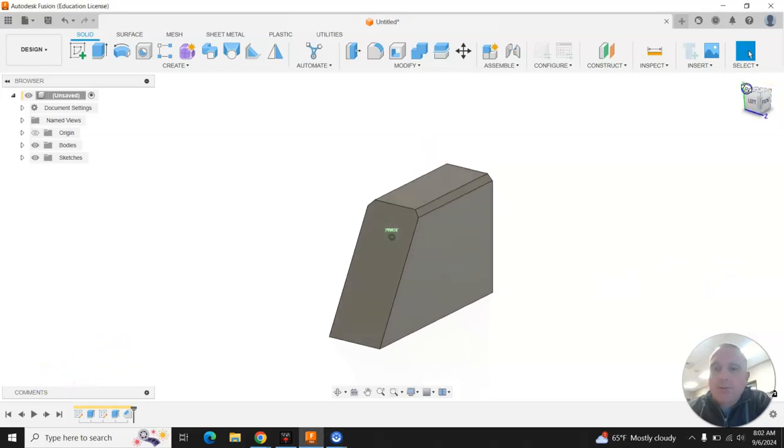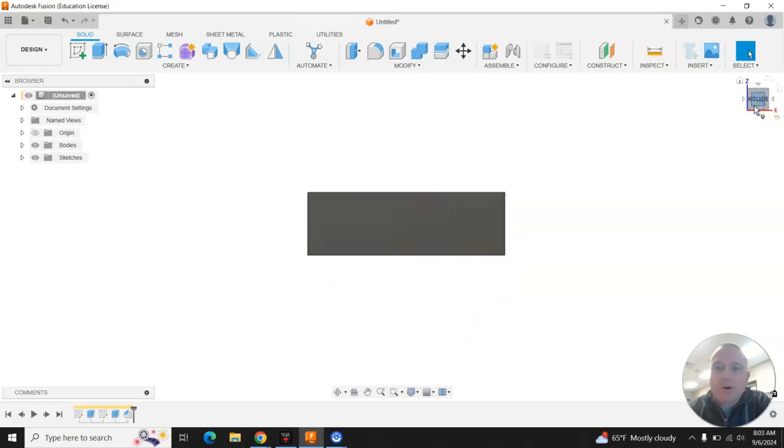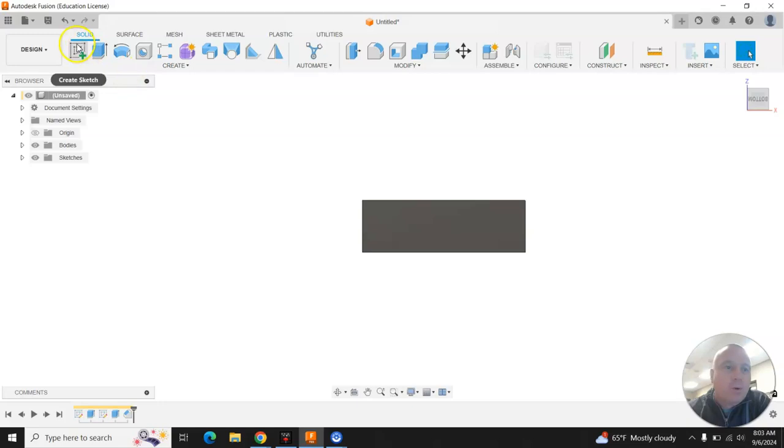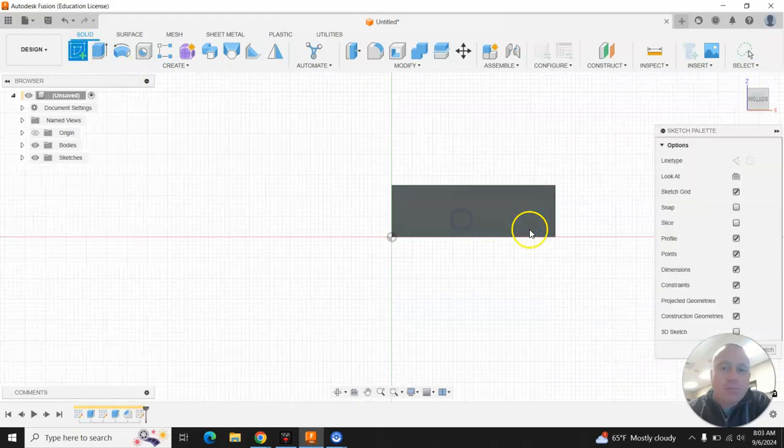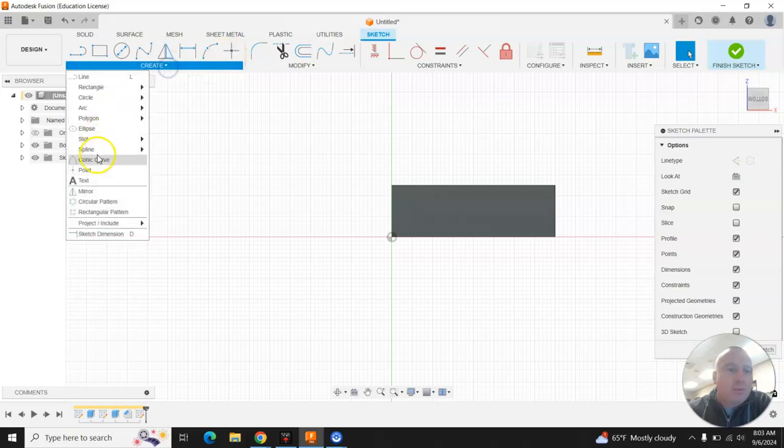From here, I'm going to use my view cube, and I'm going to scroll down until I can see the bottom of my part. I'll go ahead and click the bottom view. We're going to click to create a new sketch on the bottom of the part, and I'm going to use the point tool. So I'll find the point tool,